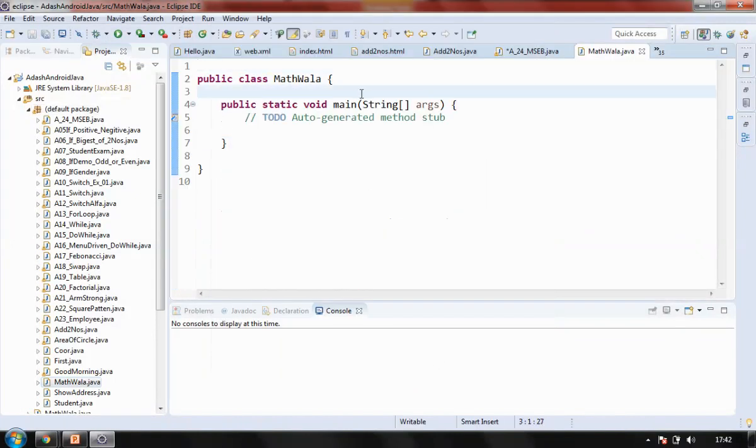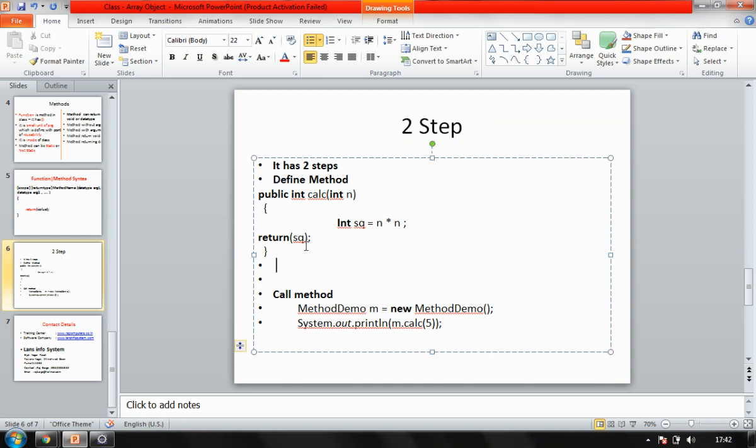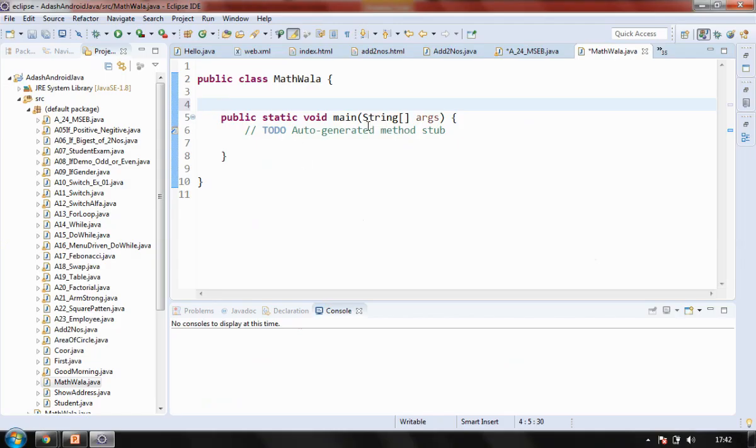So now in this class, I'll be writing a small function here. So what is that function? It's the same as what we just now saw. It is a calculation function. It is calculating the square of the number. So let this method be called square. I normally write all my methods below main because they are easy to search.